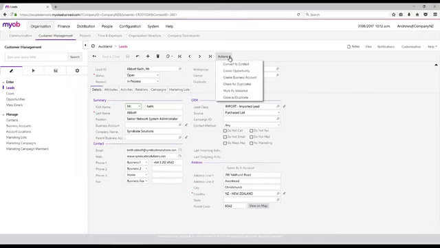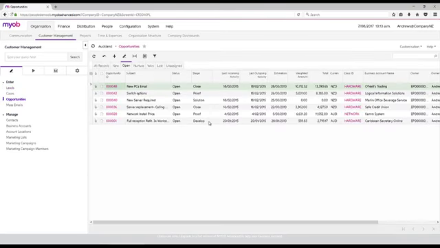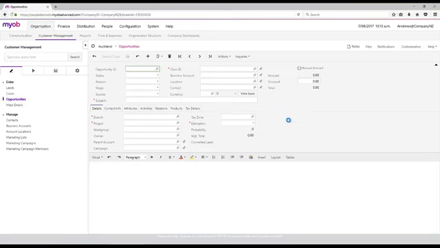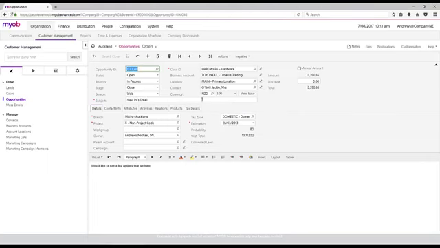Now, from here, a lead can then be converted to be a contact within an existing business, or they can be generated into what we call a business account, which is in essence a prospect. Now, from that we can then generate an opportunity, and that means that we can go in and actually generate an opportunity for this business account, so for O'Neill's Trading, and we can then add in certain information,